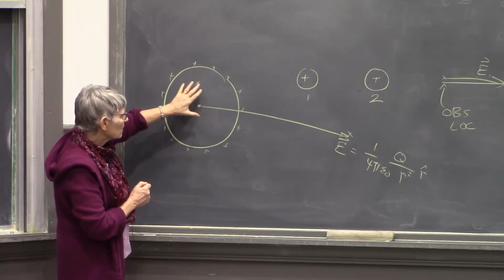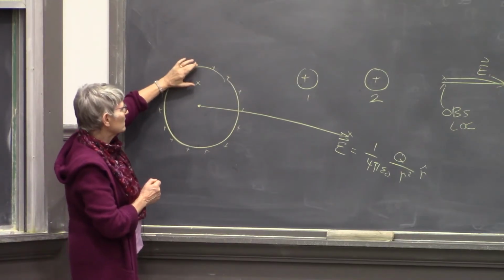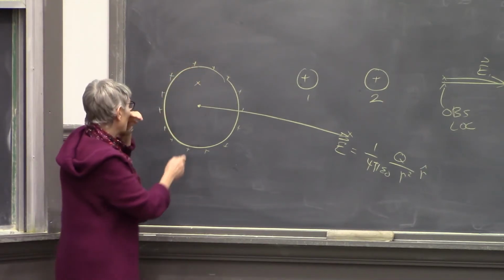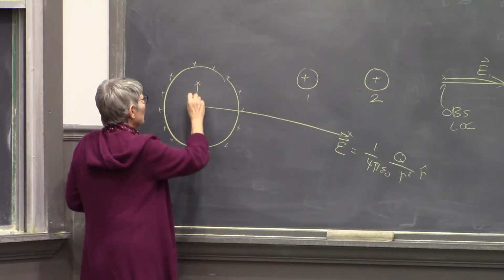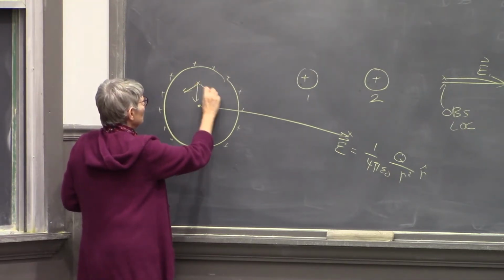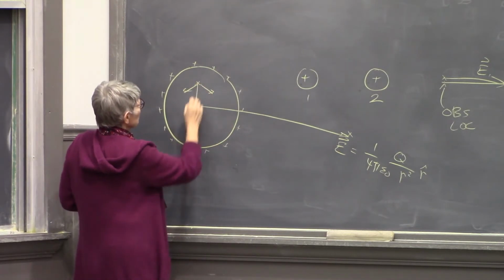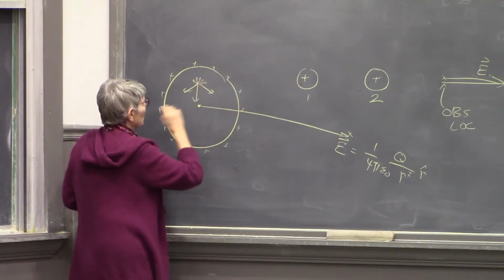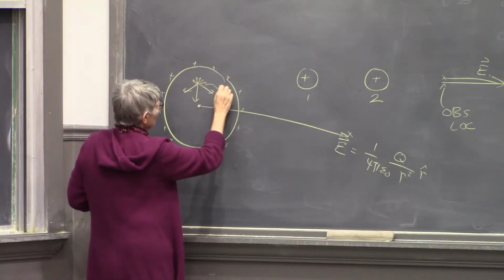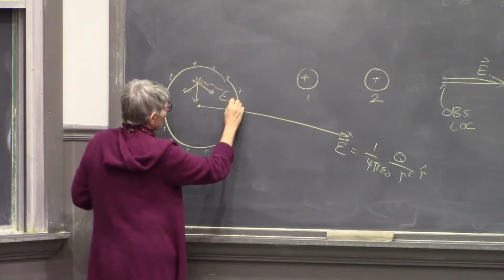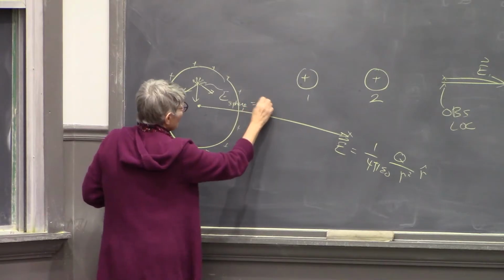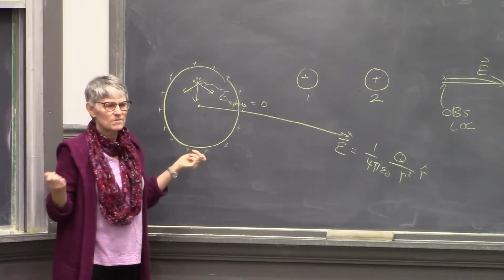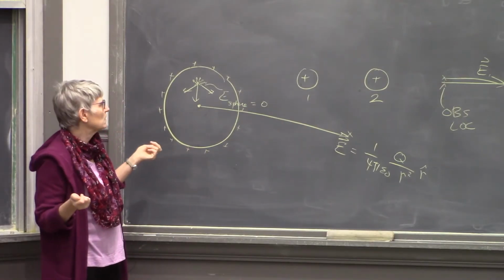But it turns out the net contribution when you add this up adds up to 0, because these charges make kind of big fields pointing away from them, and these charges are farther away, but there are a lot more of them, so they make little fields pointing away. And so if you're inside this sphere, the contribution of charges on the outside of this hollow sphere actually adds up